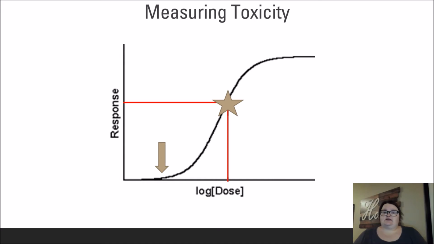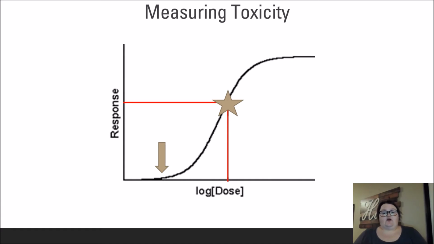When discussing toxicity and response, we use what is called a dose-response curve. This curve is plotted on a scale where response is on the y-axis and is often measured in percentage of mortality, while the dose is plotted in a log scale on the x-axis. Note the y-axis can also be measured in generic percentage responses, whatever the response is for that particular toxin or compound. The major data that we can glean from this dose-response curve is what is known as the lethal dose of 50%, or the LD50.